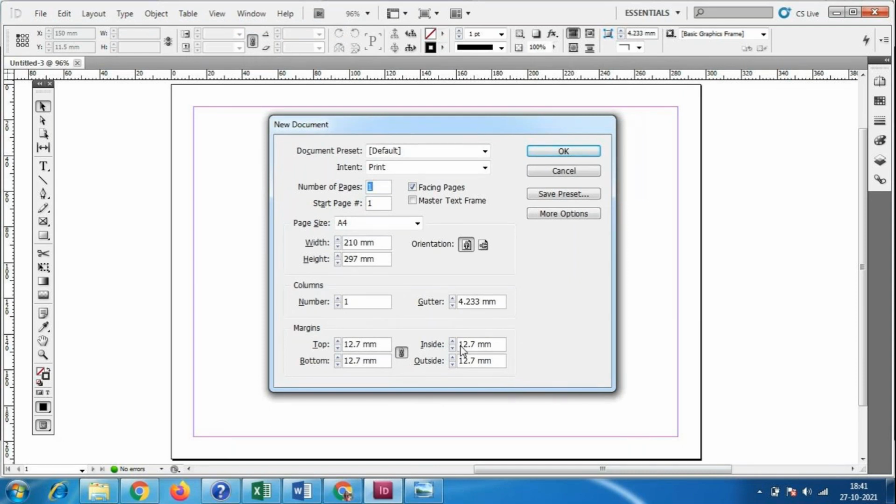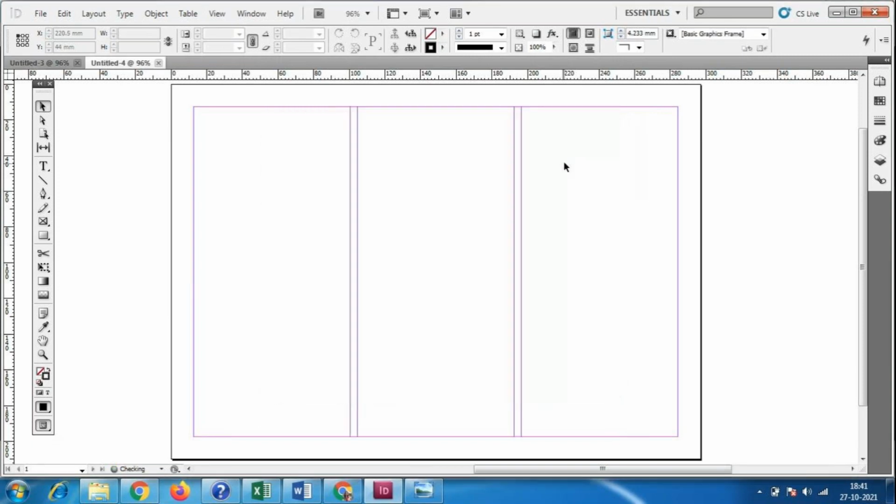Like we have to divide the pages, suppose a menu card, suppose if it is a two or a three folded kind of thing. So that time I will go with this landscape, which is having how many columns, three columns. So I want to fold my page, the same A4 size paper I'm making with the three folds. So I'll just give it okay. So here three folded pages will be there.